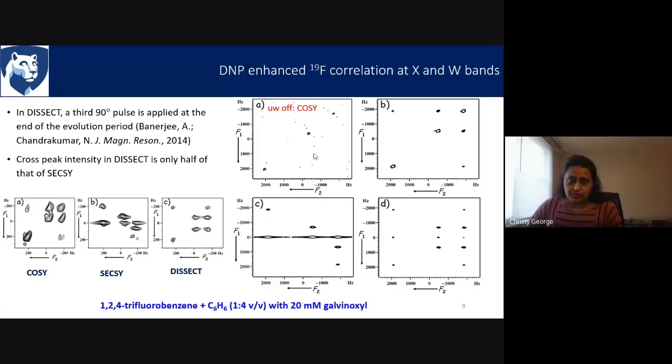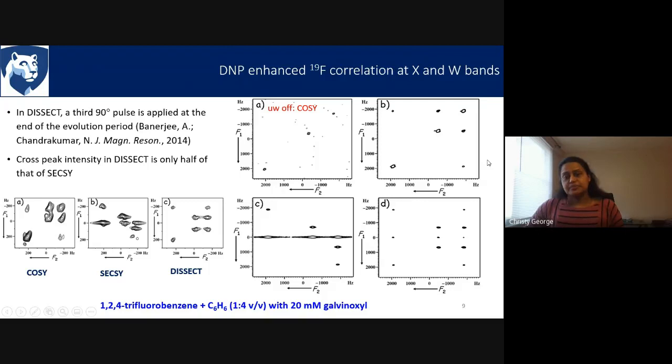Now, not only the COSY experiment, we have also done other types of 2D NMR experiments known as SEXY and BISECT, etc. SEXY also gives the same information as a COSY experiment, but it is like a tilted COSY spectrum. For example, if you take this COSY spectrum and tilt it, it will appear something like that. And BISECT is an experiment that was developed in our lab to suppress the diagonals, because when the cross peaks are very close to the diagonals, sometimes we may not see those cross peaks, and in such situations it is better to suppress the diagonals, and this is an experiment where the diagonals will be suppressed.